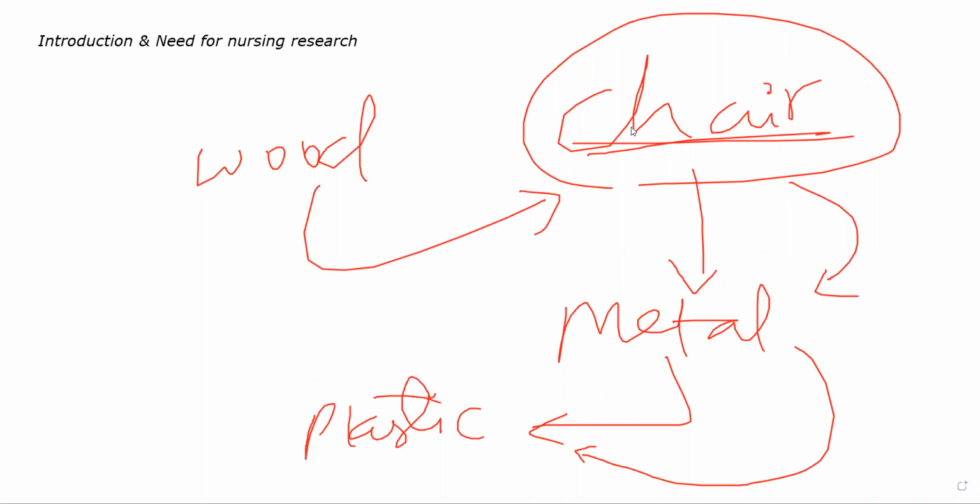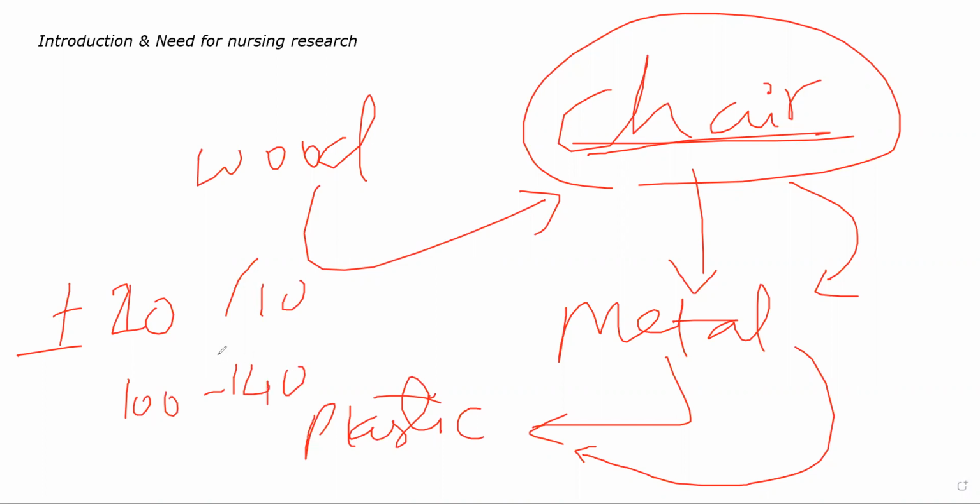Later on what they did was, okay, I have developed the electronic tool, it works but it has a lot of errors. So the next part of research came where you were improving on that work, meaning you are trying to make that machine even more accurate. So for example, if you look at BP measuring machines from 10 years ago, they might have a huge error index, meaning an error of maybe plus or minus 20 mmHg. If the patient's blood pressure is actually 120 by 80, it might show plus or minus 20 in systolic, meaning it might show anywhere between 100 to 140. That's a huge difference.